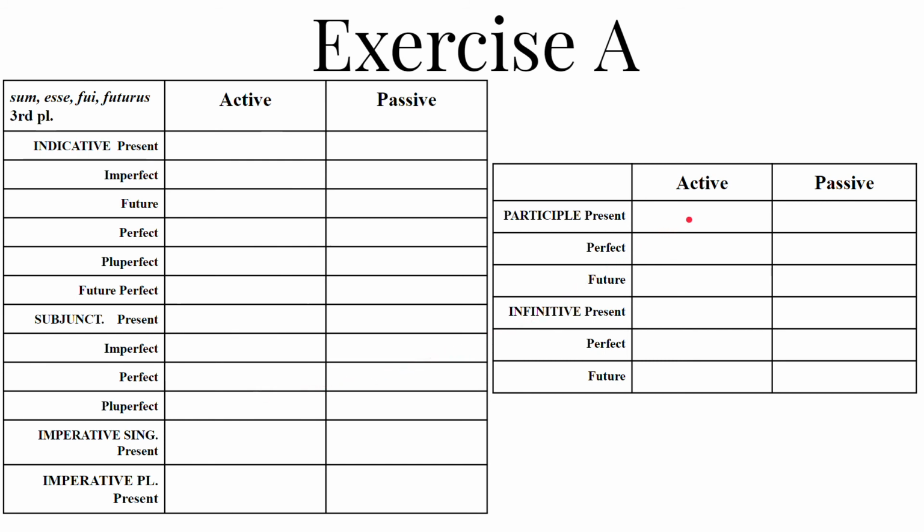Participles: there is no present active participle of sum, and it freaked out Cicero and Caesar. Don't worry, we came up with one later. But there isn't one in classical Latin. The perfect active participle doesn't exist. Neither does the present passive participle. We don't really have a perfect passive participle for sum, but we do have a future active participle, and that is futurus. Futurus does not act like the perfect passive participle. Don't put anything here. And there is no gerundive. There is no gerund form for sum.